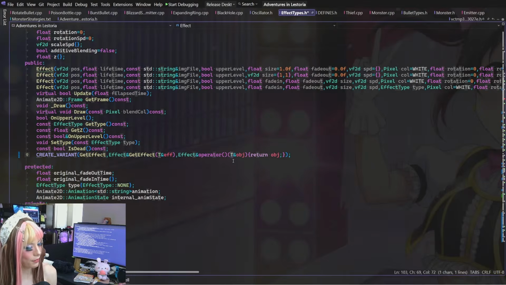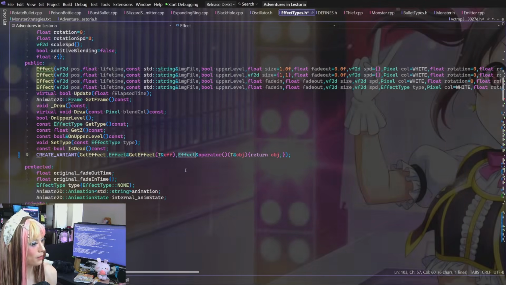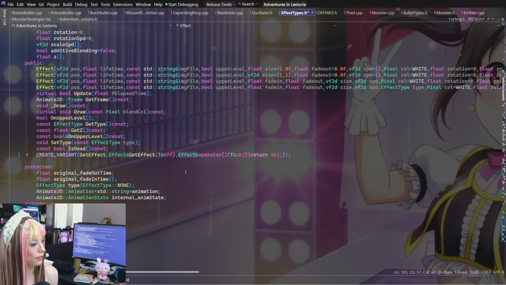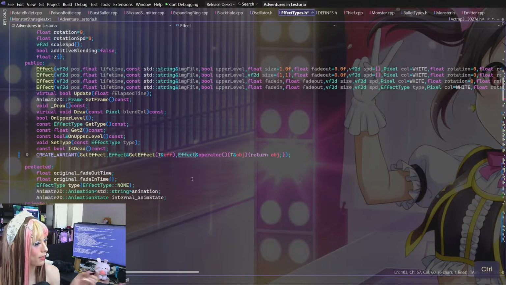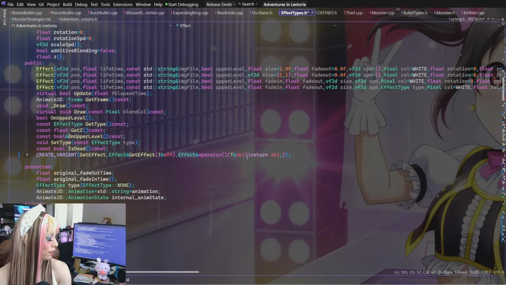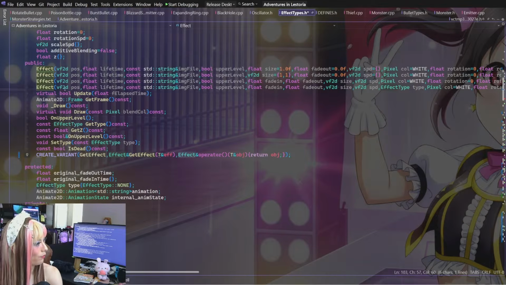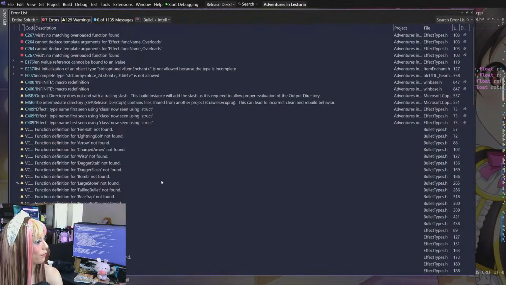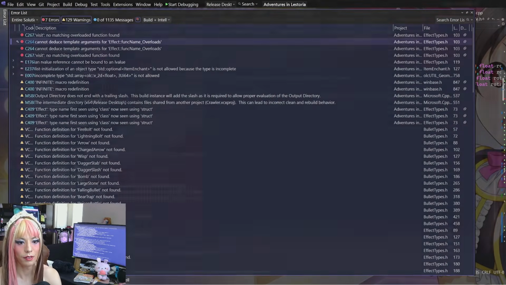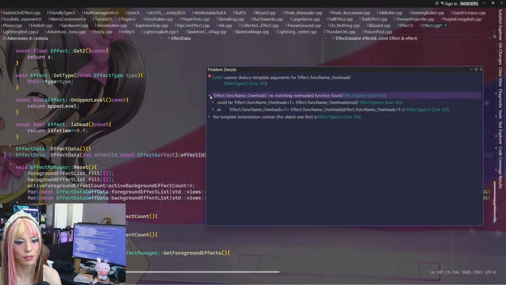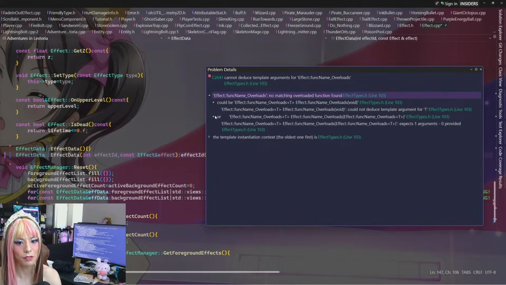So I do feel like the T is supposed to come out like this, but then... Yeah, it's just saying no matching overload function found.